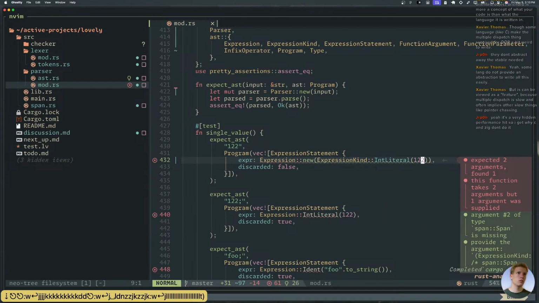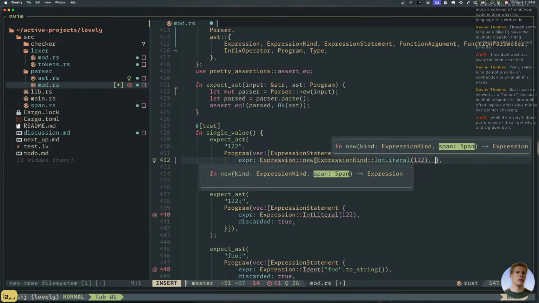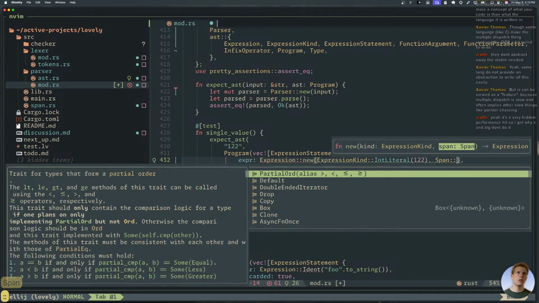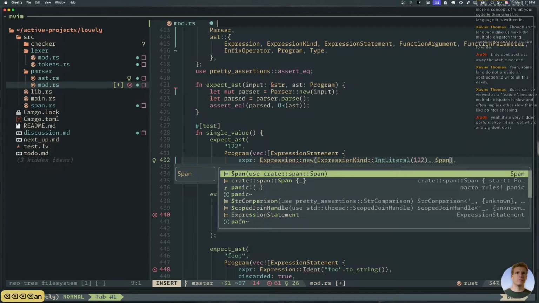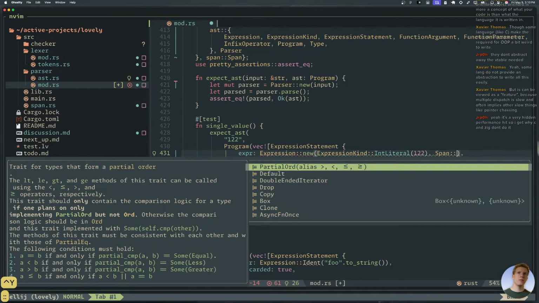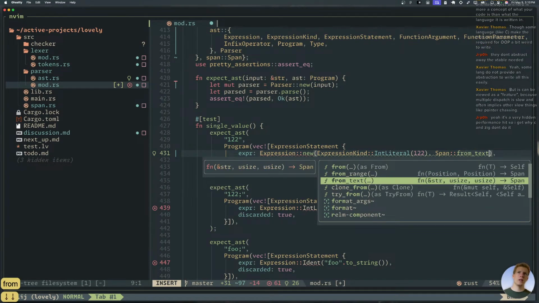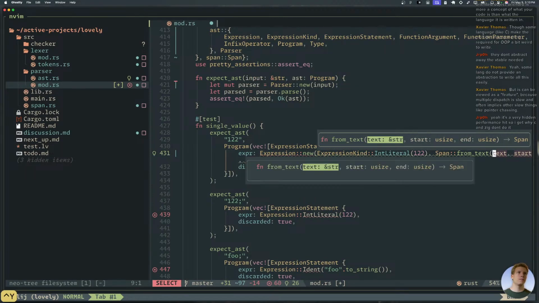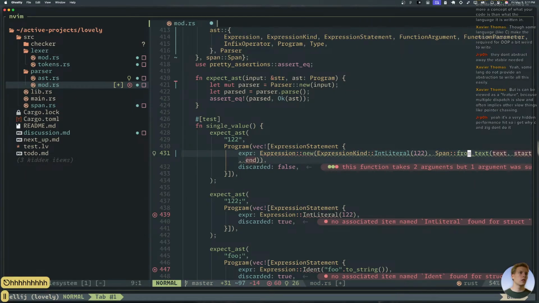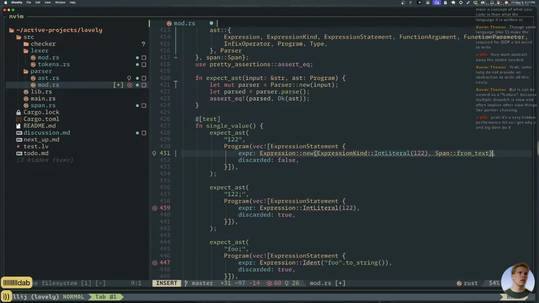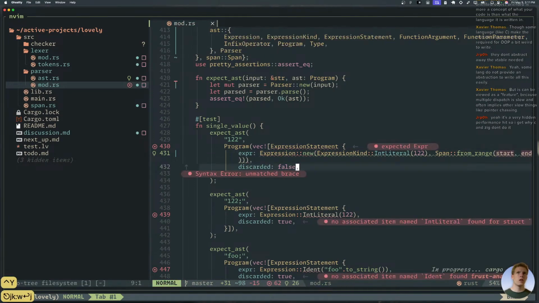Okay. New. Let me give it a span. So span is going to be like a span. What is a span? Joink. Okay. Span from range or from text, which would be easier? Probably in this case a text. I need to pass it the text. Good grief. Let's try range. Much better. But now I have to make positions.